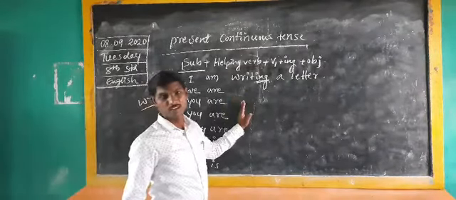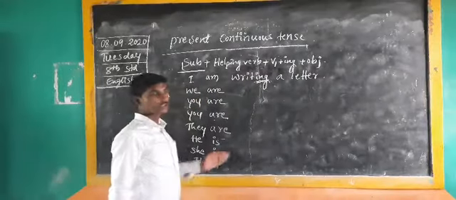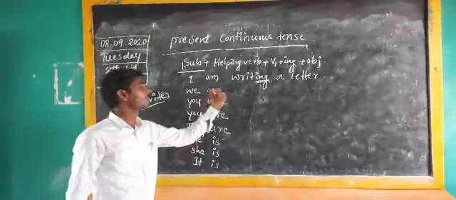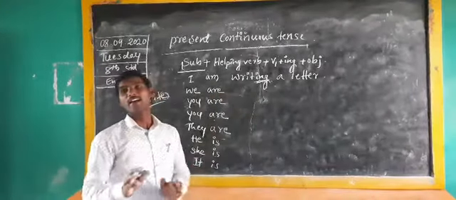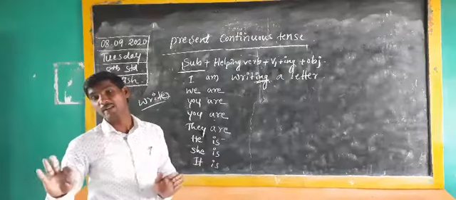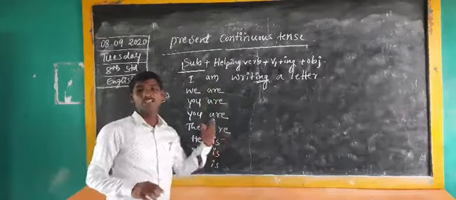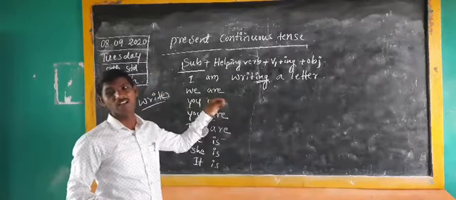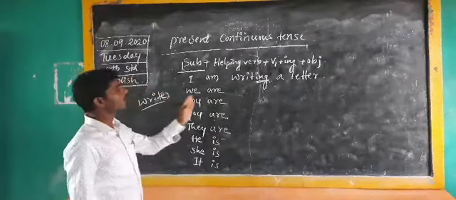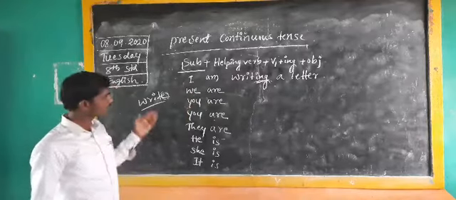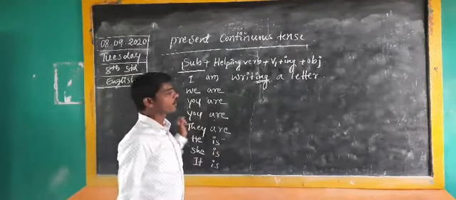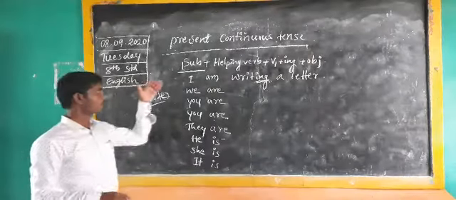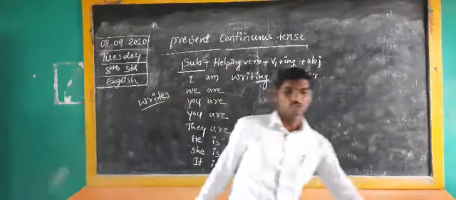That means these persons are using the letter in the present moment with the action of writing, and the action of writing is not complete in the present moment. That's why it is considered present continuous tense. These are all positive statements. Why? Because in all the sentences we cannot find a negative word. That's why these are all considered positive statements.